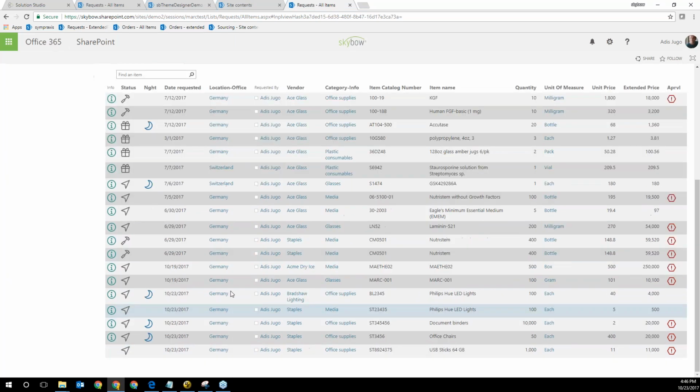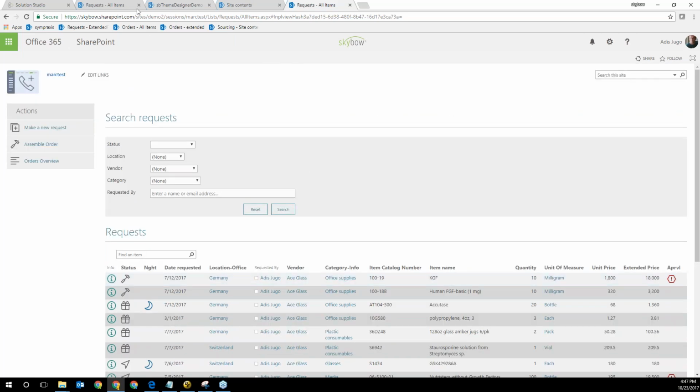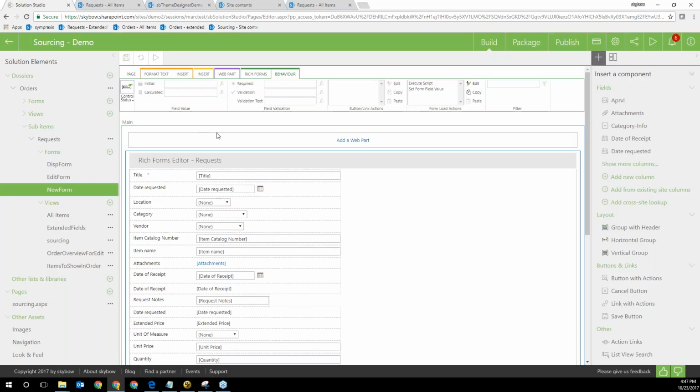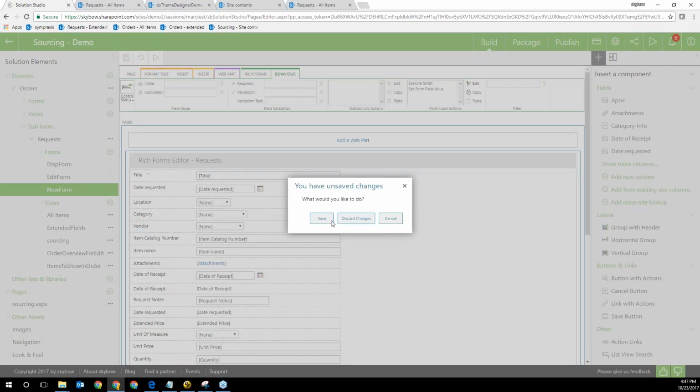Why is that? Because this info panel is calculated in the background. We have something called background calculations, using SharePoint things like webhooks in the background, but you as a citizen developer don't really need to see this. You just need to set it here in the background calculations of the requests lists.